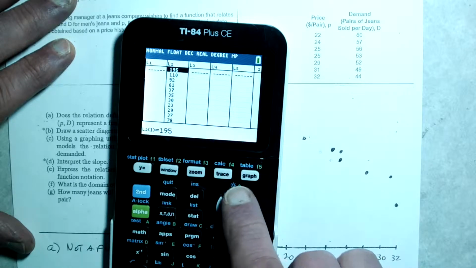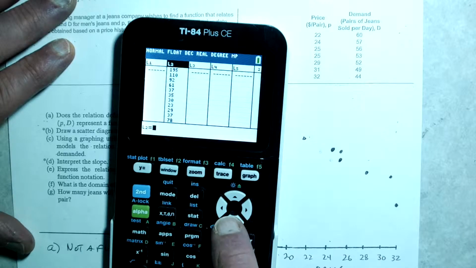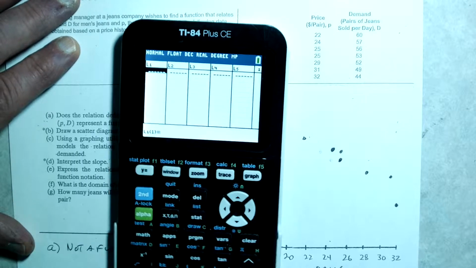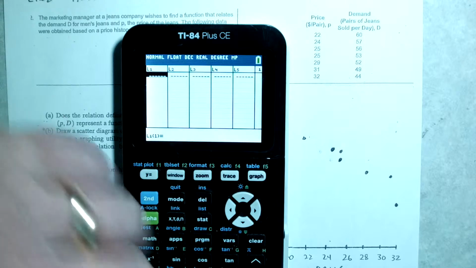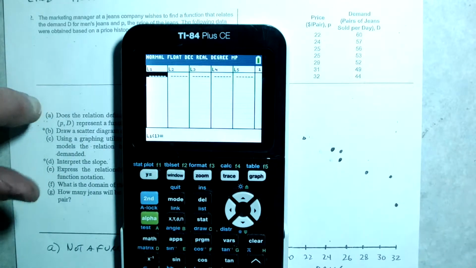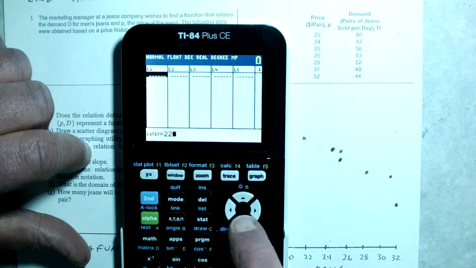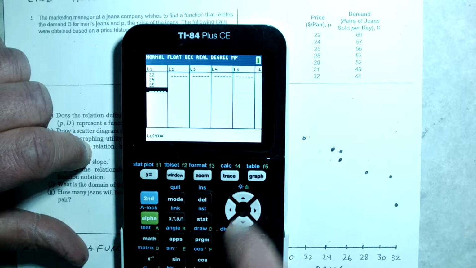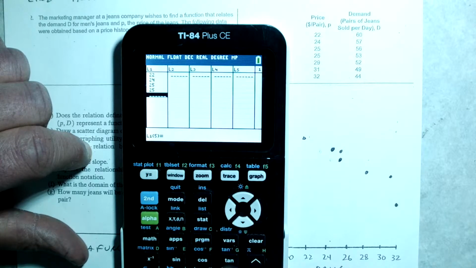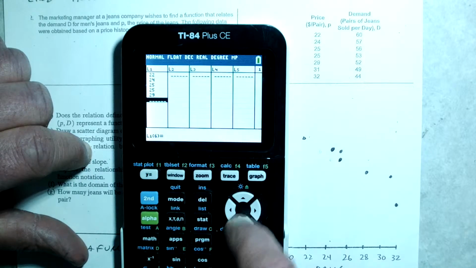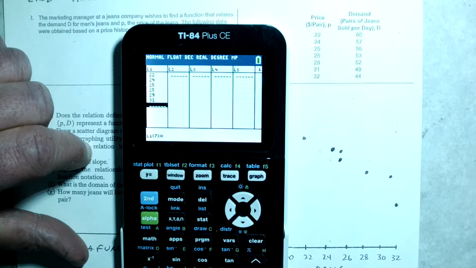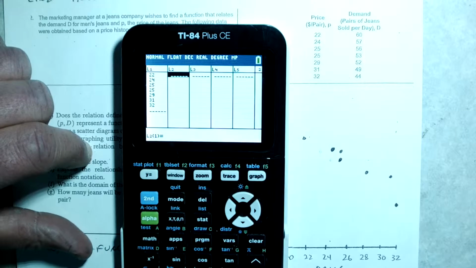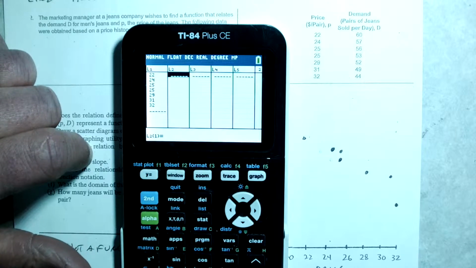And I go over here, I go up to L2, I hit clear, and that clears that second list. So now I'll left arrow over, and I'm going to begin to put this data in, and I'm just going to go right down this list right here, and this would be 22, 24, 25, 25, 29, 31, and 32. Okay, so I have my list of prices, and now I'm going to correspond it to